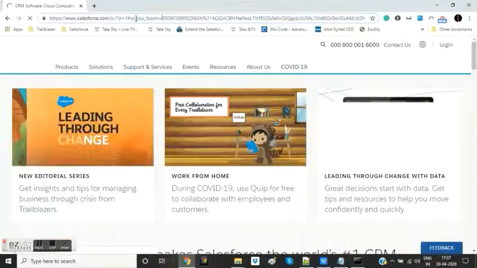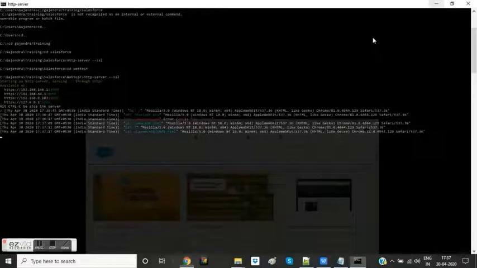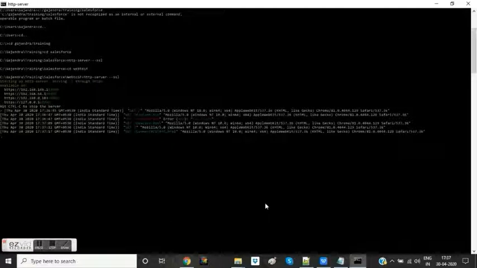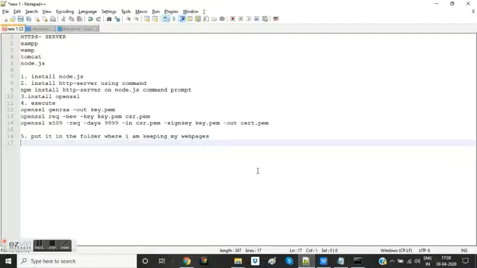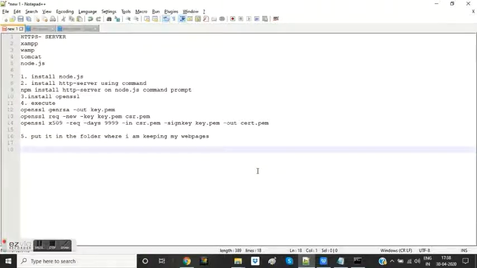So we can set up an HTTPS server on our machine, and keep modifying our web pages to develop a web UI or web interface, whatever is going to be used in the actual environment. We can simulate our whole functionality of integrating with Salesforce using REST API. I hope this step is clear to you. Once the HTTPS server is ready, the next step would be to create web pages, put them on this server, and execute our test process.